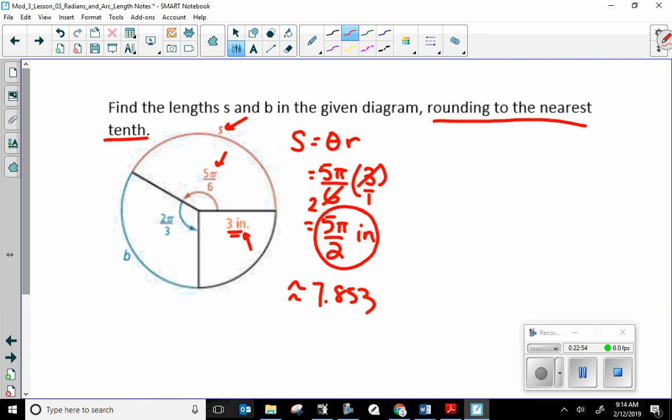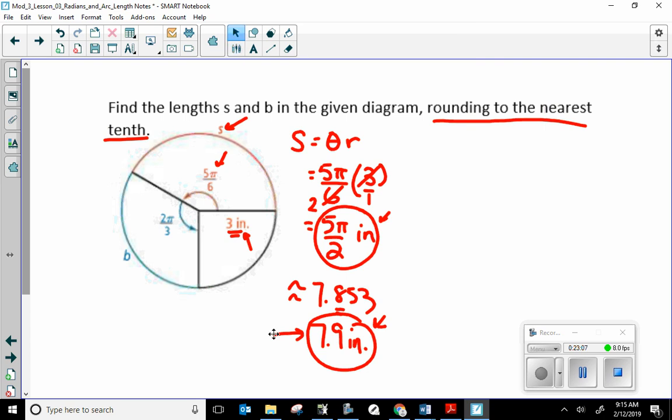Is that 5.8 or 8.5? 8.5. So if I round that to the tenth, that will round up to a 9, and that's in inches. This is how they asked us. This is exact. Please answer how they ask you. I'm just showing you what exact looks like. All right. Now,